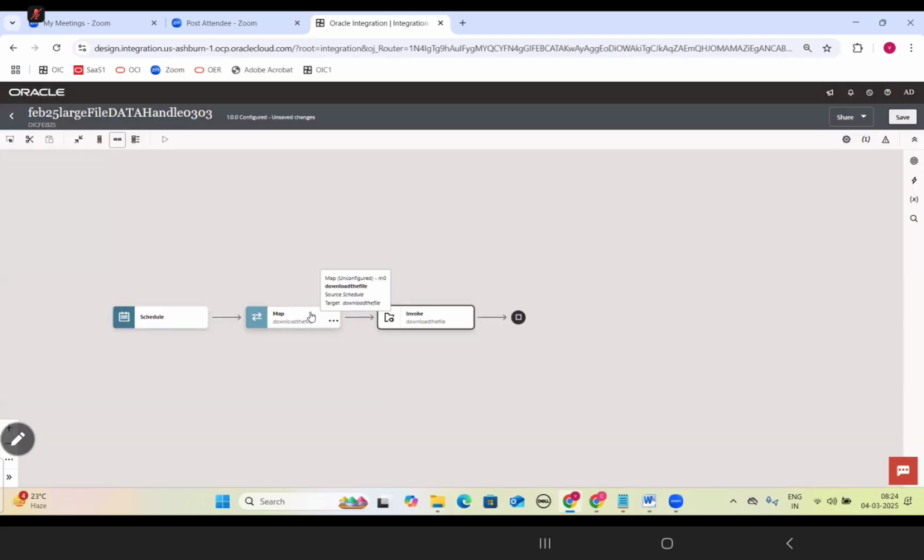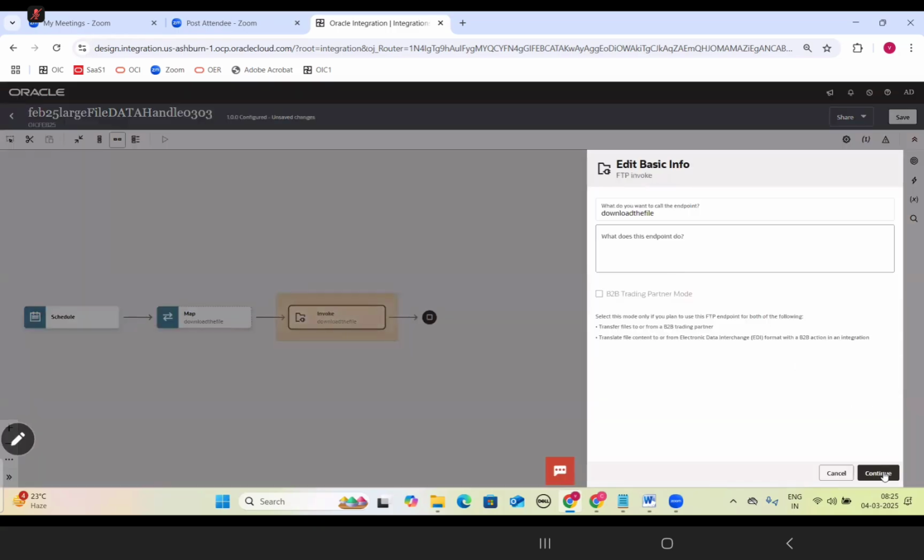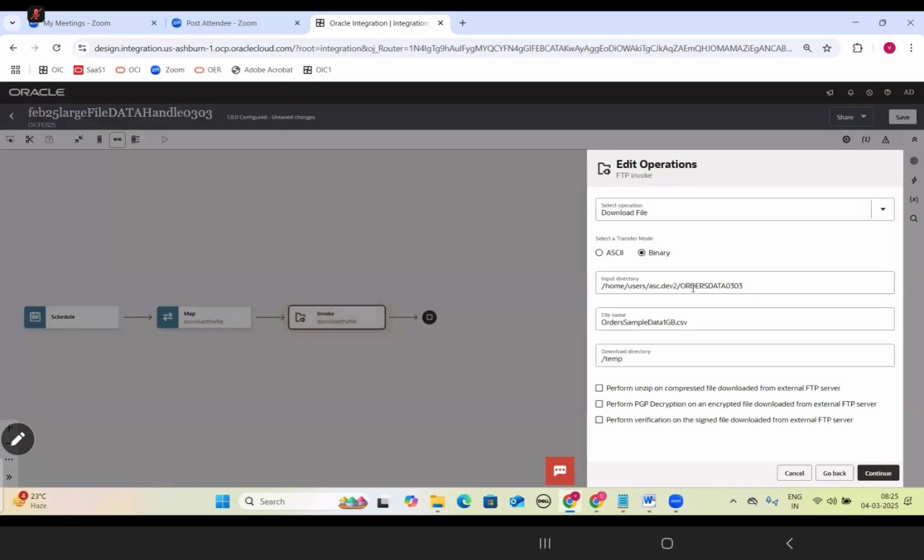Same like, guys, when you are downloading the file to stage, if dynamically you want to get the file path, then we will use this mapper. Dynamically means the file we are now hard coding, right? Here in the download file, the input directory name, we are hard coding, directly mentioning the file path. That is not the correct approach.